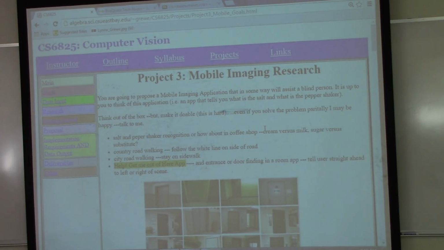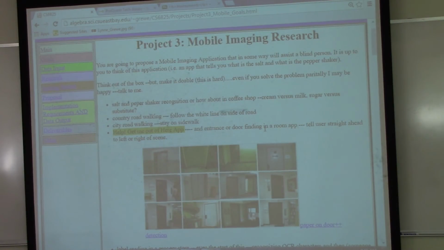So I'm asking you to create an application, but not just any application. Here's the goal. It has to be for someone who is low vision or blind. I like to do human things, right? I like to do things to help people. Hopefully not like to hurt people, right? Technology can be used in any bad way you can think of. But my hope is to help people. So we're going to do humanistic helping apps. We're going to focus on low vision people.